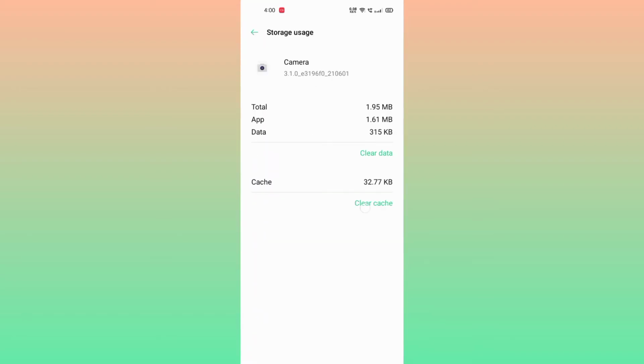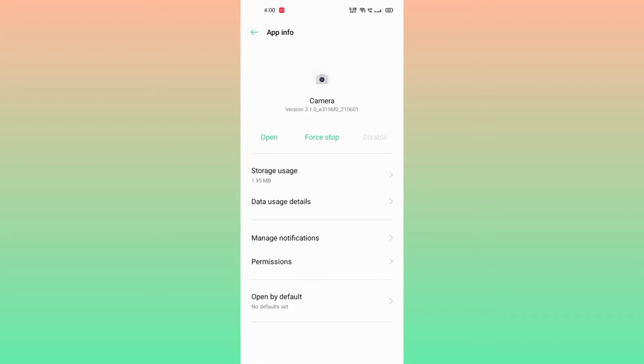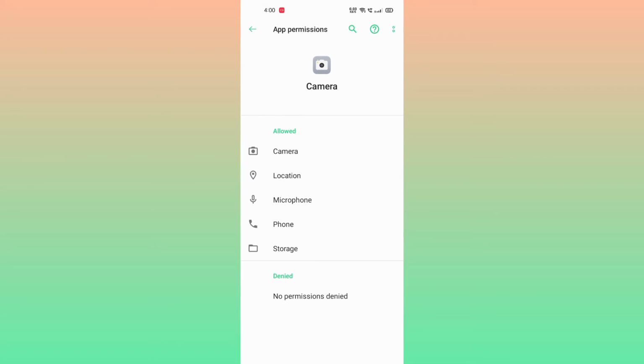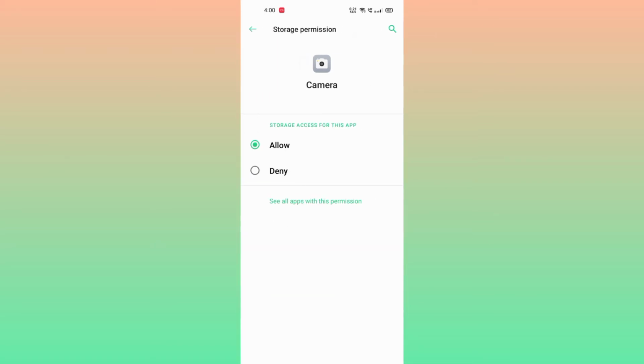this clear cache, and after that you have to clear data, and after that you should come to the permissions, and after coming into permissions click on storage, and after that you have to allow all your permissions, and after that you have to come to your phone and you should allow,